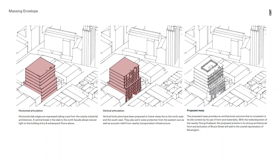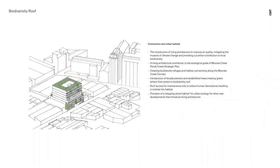And that is one of the key parts to the project, its contribution to urban ecology. And this was the community benefit contribution of the project. Obviously, its proximity to the Moonee Ponds Creek, and the intention was to have an extension of that. So there's 700 square metres of the